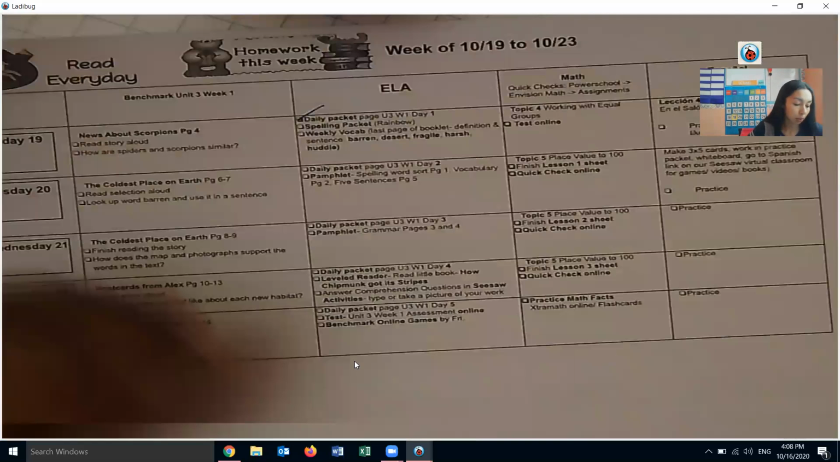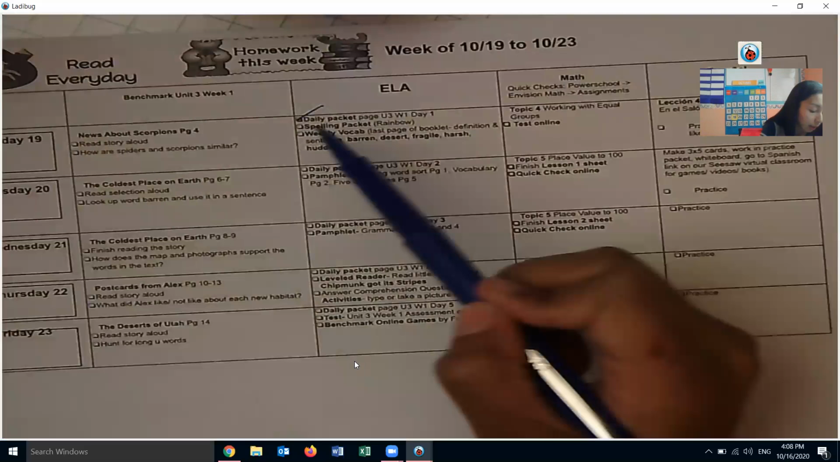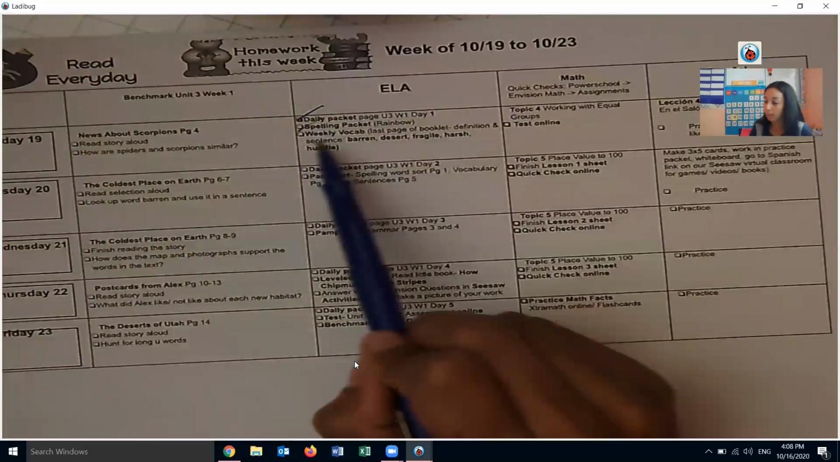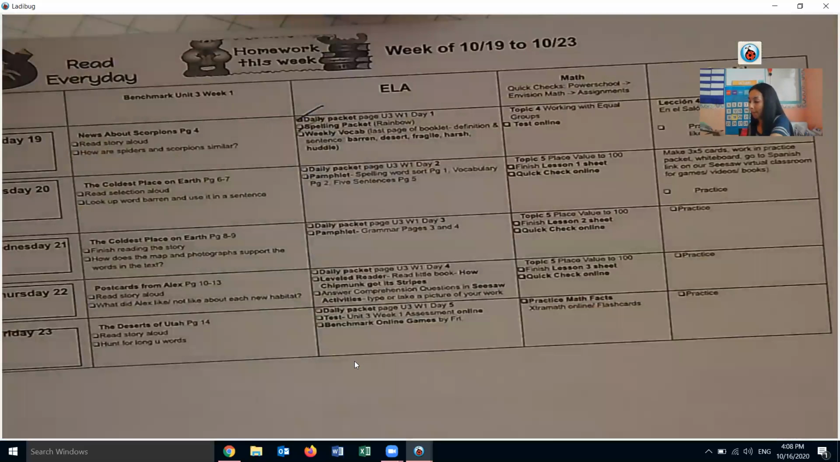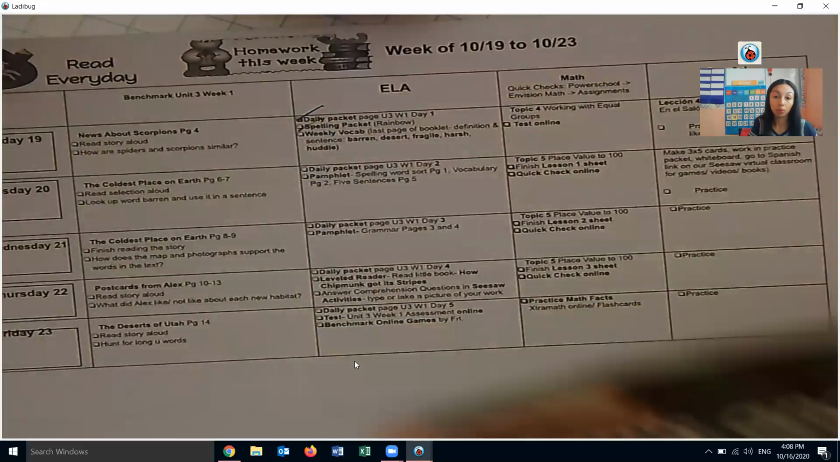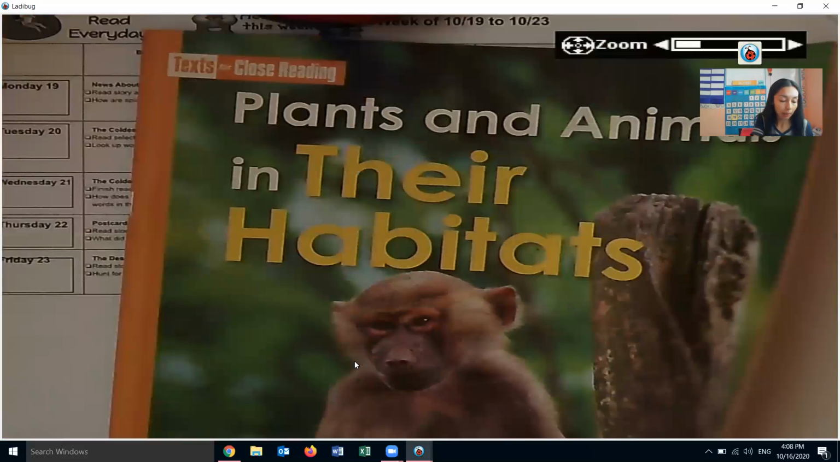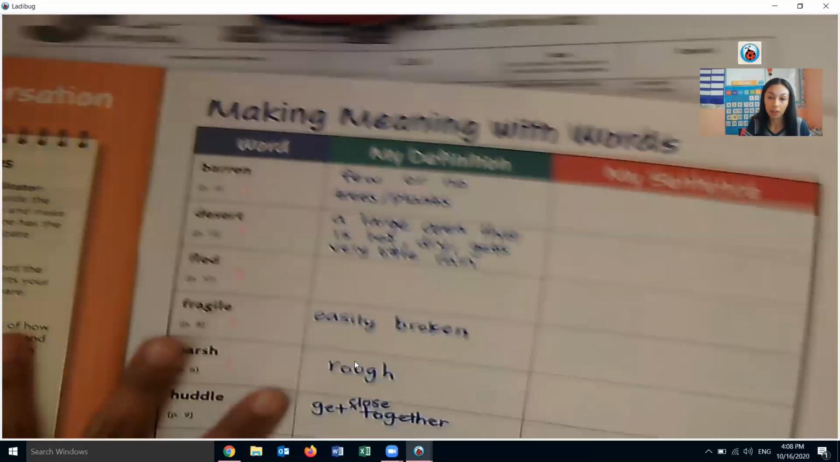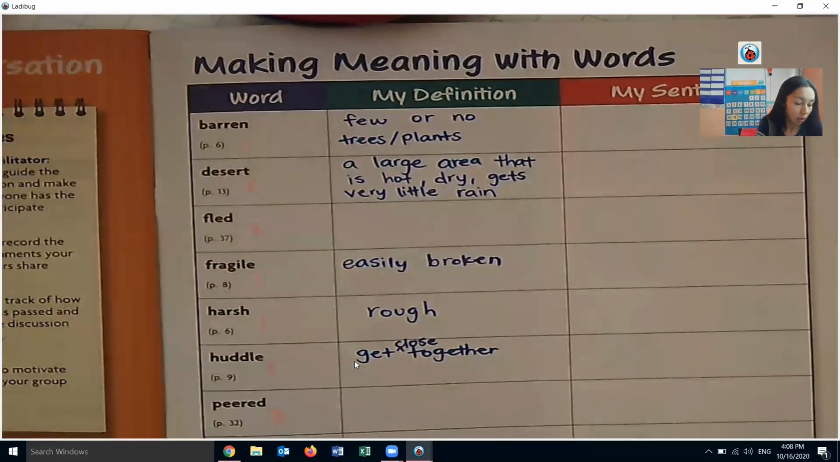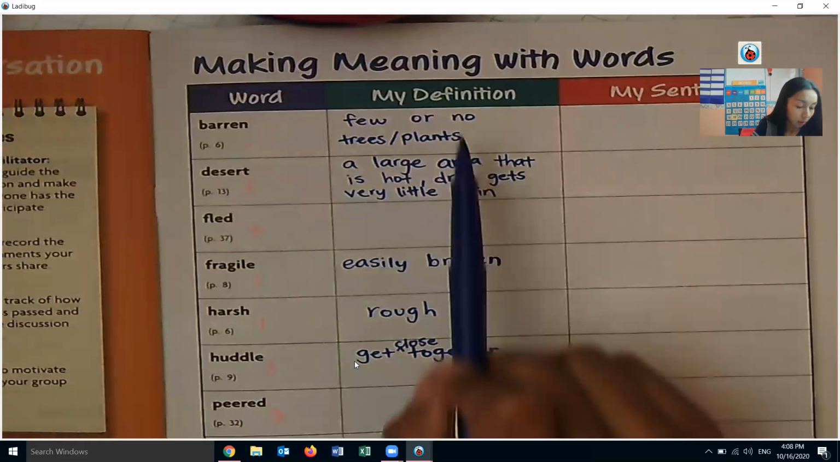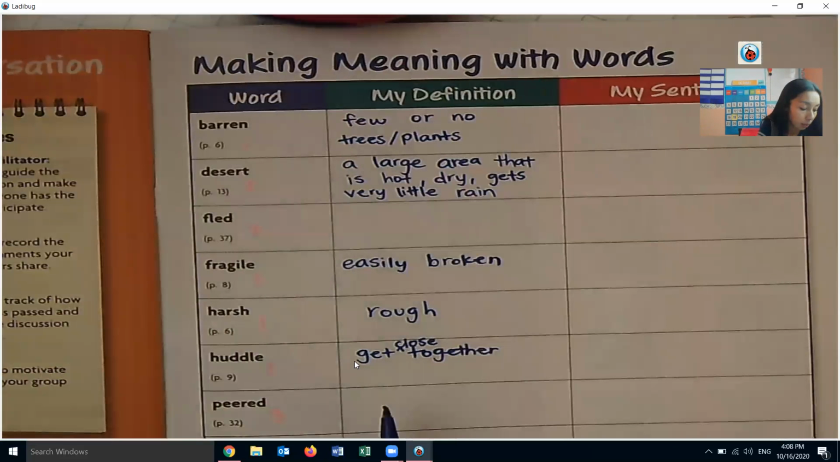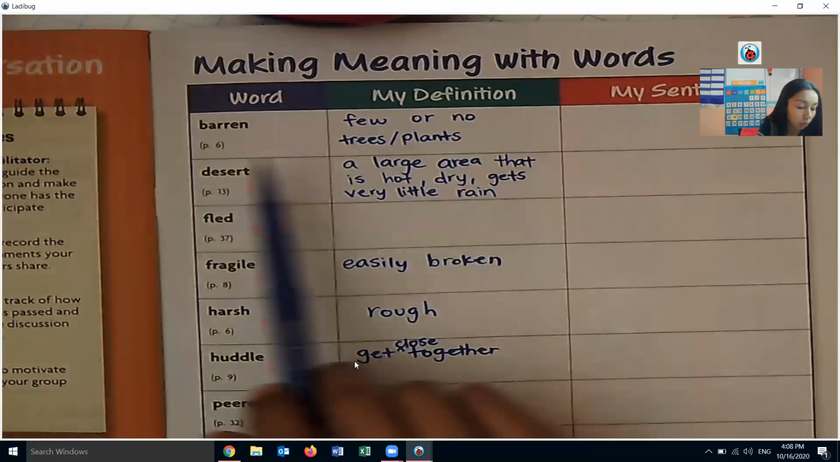So that is rainbow spelling. We're doing weekly vocab. So this week we have our new book, Plants and Animals in Their Habitats. We're going to do the vocabulary part on the backside. So during our live time, we should have already written the definition for barren, which means very few or no